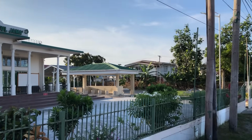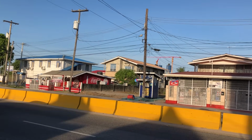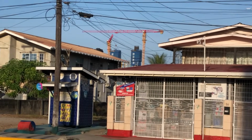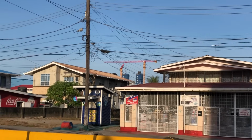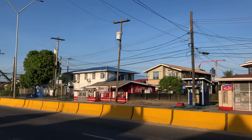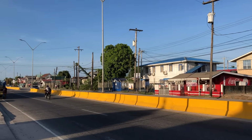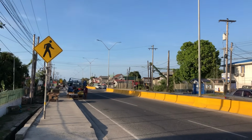But we're here to see progress on the Demerara Harbor Bridge. You can barely see it between the buildings here, so that is the top of the pillars that are going to carry the bridge over this neighborhood, which is why we're back here, because I took video of this neighborhood about 2 weeks ago,